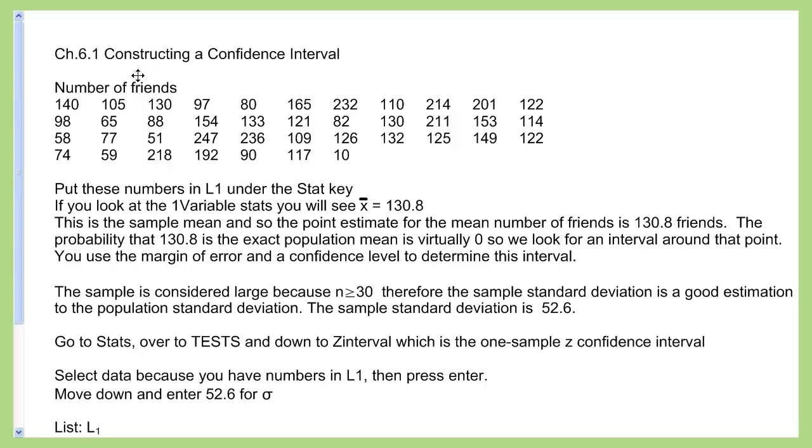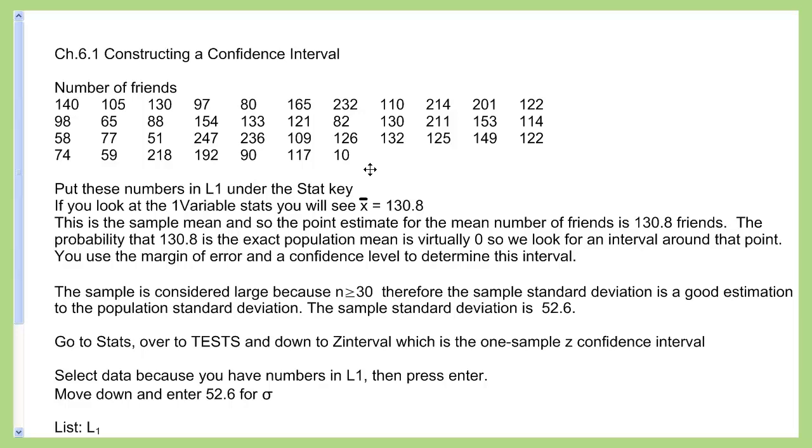This problem was about the number of friends that were on the internet looking at people's websites. They had added friends and sent messages to the users, and this is the sample they got of people who actually would use the website. These are the numbers, and there are 40 of them, and that's important because if you ever have 30 or more